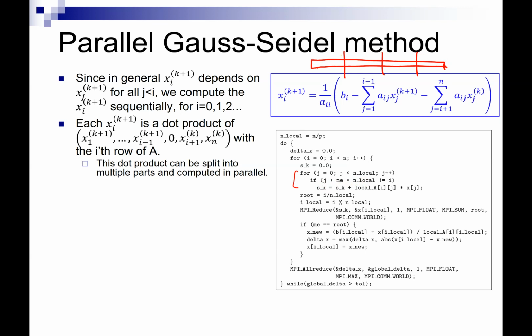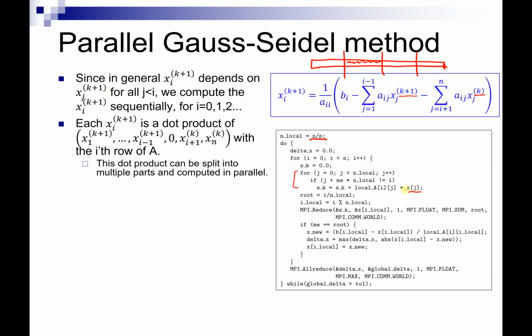And all of these things over here, the j's, so each process is only going to compute n divided by p terms out of this overall sum. If you're the second process, you're going to add up this part over here, get all of those indices, and then take the a, multiply by x. Now, I should mention that this x, depending on the index j over here, is going to either include a new value for x from iteration k plus 1,